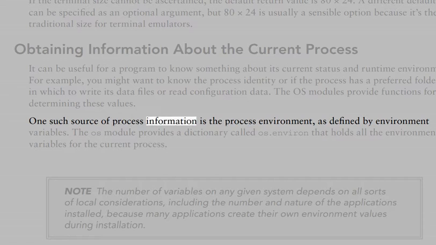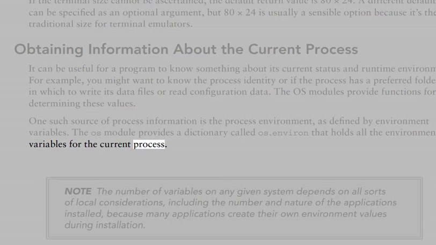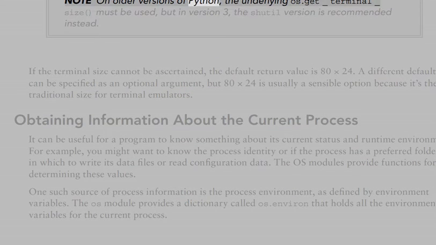One such source of process information is the process environment, as defined by environment variables. The OS module provides a dictionary called os.environ that holds all the environment variables for the current process. Note on older versions of Python, the underlying